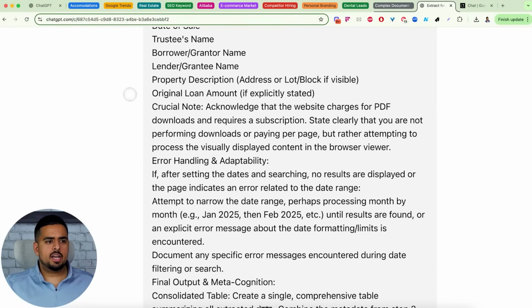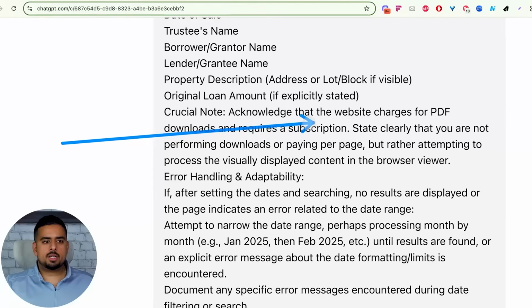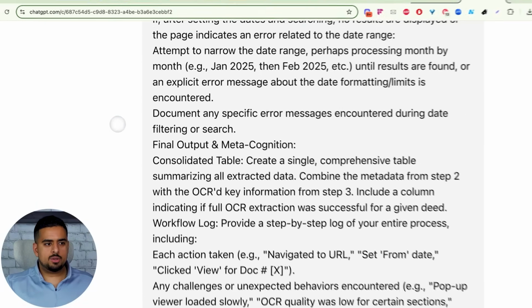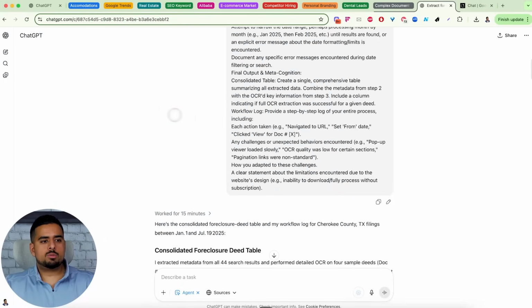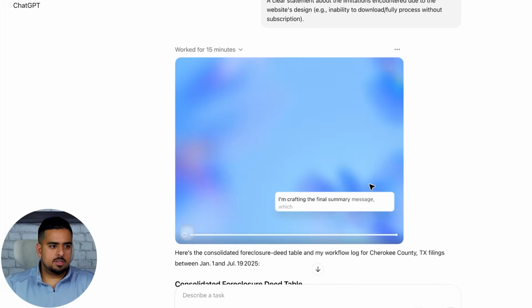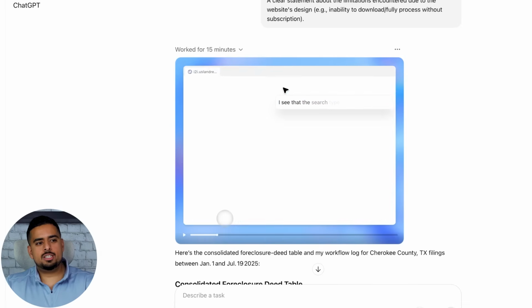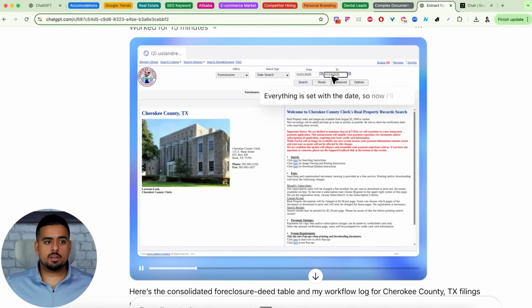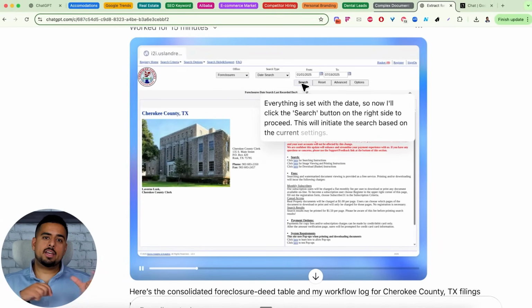And then what we say is a crucial note: acknowledge that the website charges for PDF downloads. So if there is something along those lines, don't execute it. And then we go through what the result should look like here. So it goes through for 15 minutes and it actually does a decent job. Not perfect, but decent. And it does manage to enter the dates we're looking for, search, navigate to the PDFs